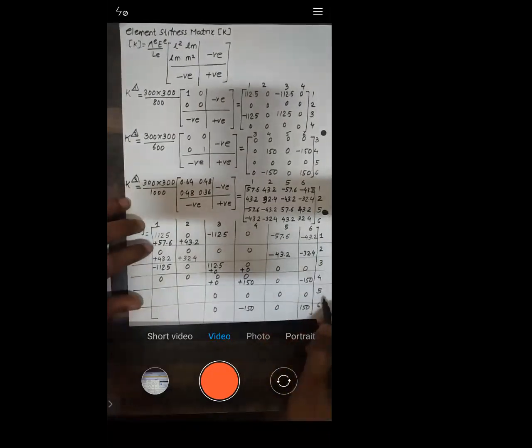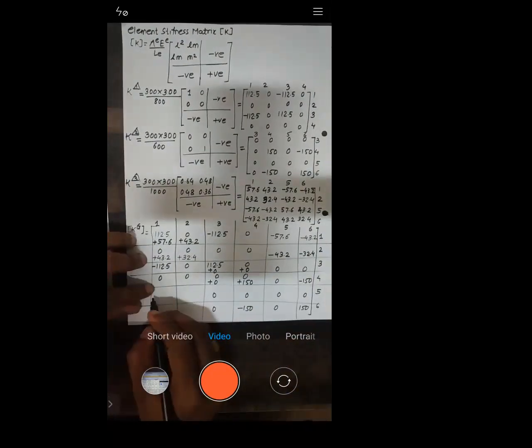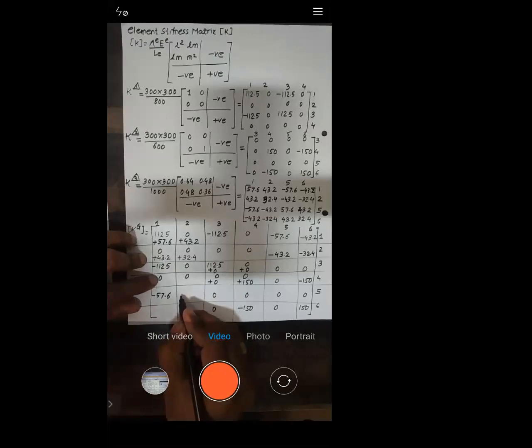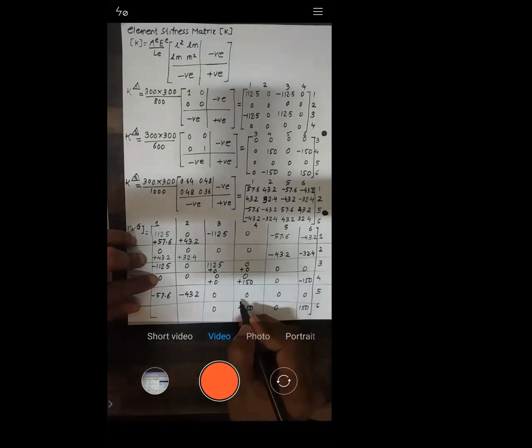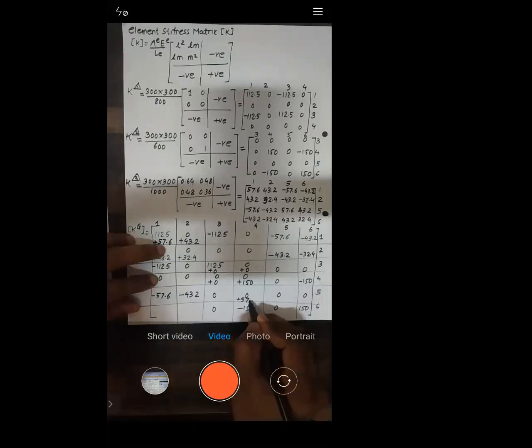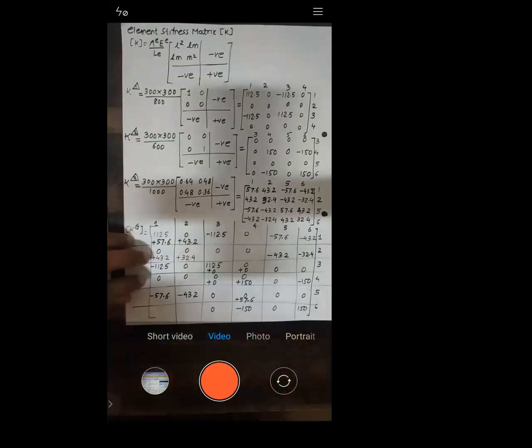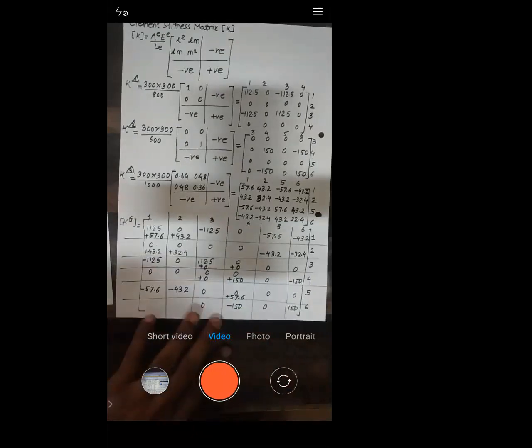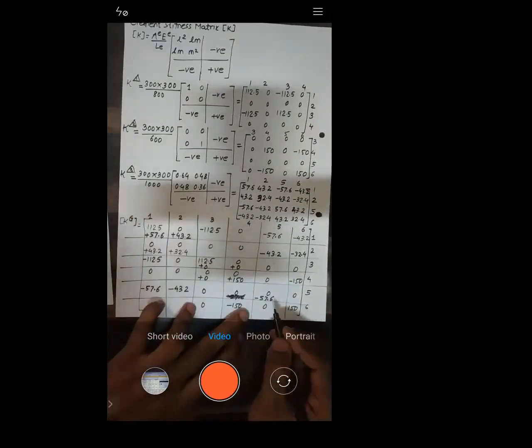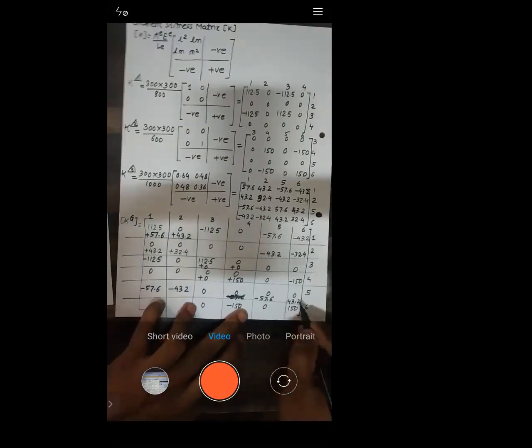Fifth row, first column, minus 57.6. Then second column, minus 43.2. Then fifth column, plus 57.6. Sixth column, 43.2. Is it okay? Next,